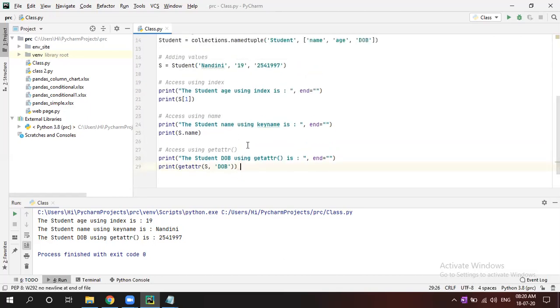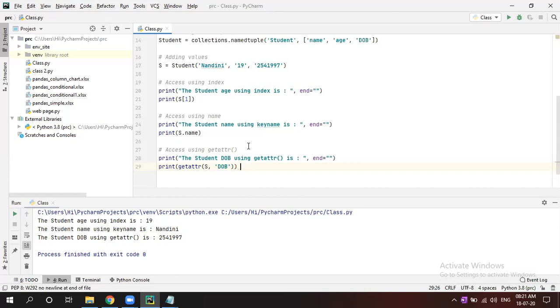So now you understood that collection is nothing but storing values in a different format. It's not that you couldn't store this, we already studied that, but this is a more advanced way to store those values.